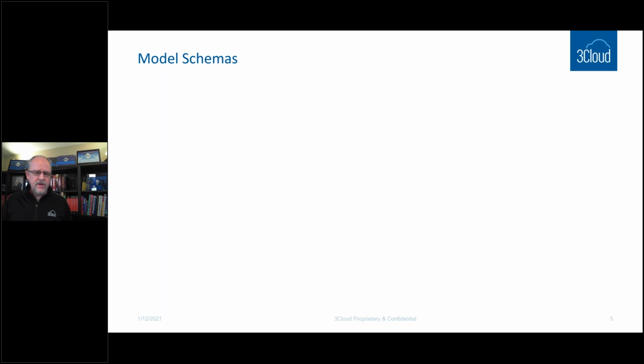So we're going to start just by briefly talking about model schemas. Now, what do we mean by that? Well, a schema in this context means the way that we construct data, the way that we organize data within a data model. And categorically, in general strokes, there are really three different ways that I think about modeling analytic data. The first is the flat model. If you come from the business world and you're accustomed to using Microsoft Excel to do most of your reporting and data analysis, then you're accustomed to taking data and pounding it into a two-dimensional shape.